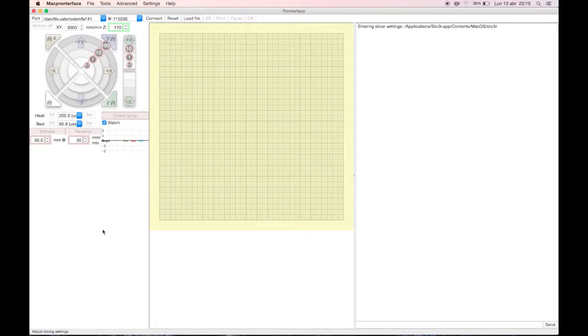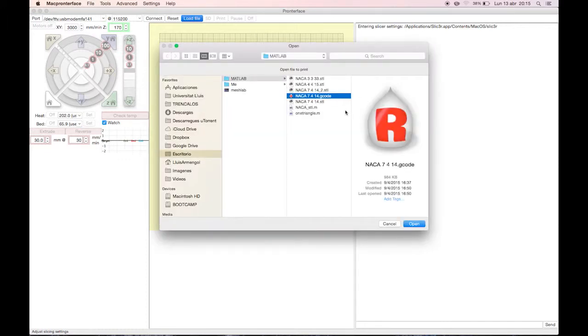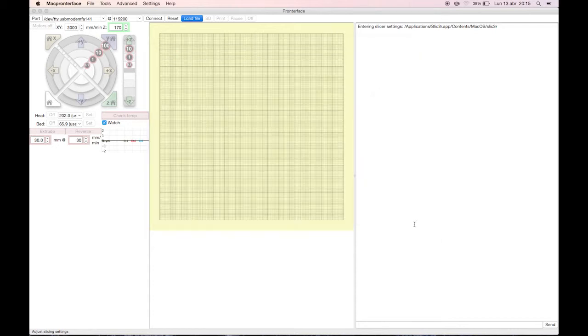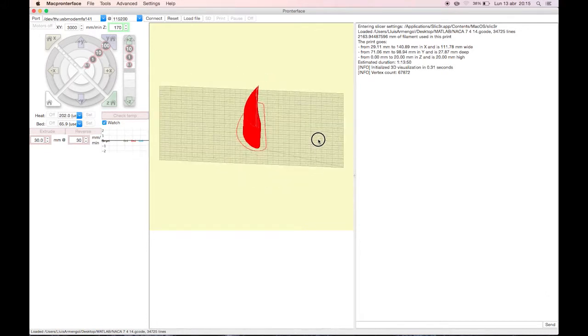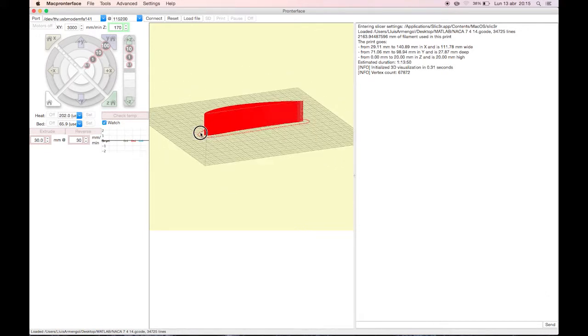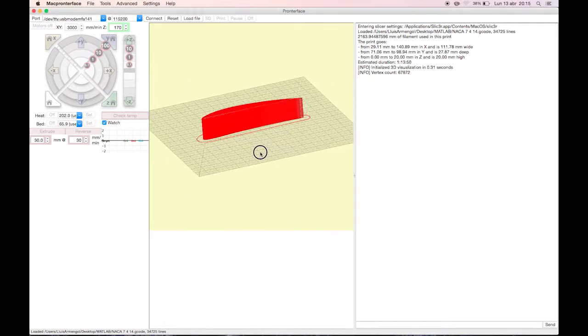Okay, once the G-code has been created, we just have to open it. As you can see here, the G-code appears here, and it seems to be all ready to start the 3D printing.